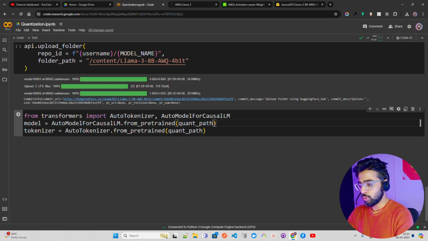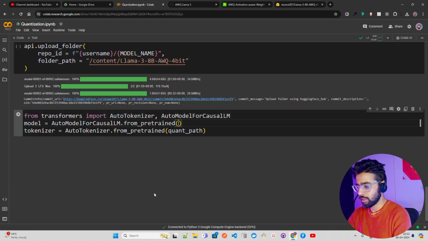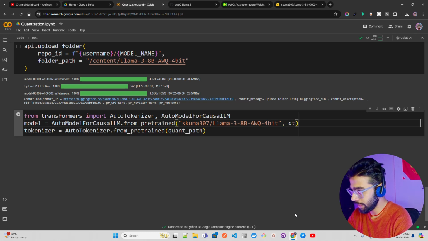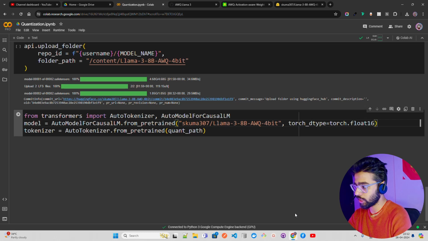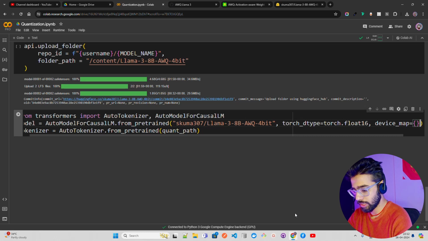Now, what I'm going to do here is change this quant path. I'm going to copy this one and paste. Okay, schema. And here I'm going to do a few things. So dtype, torch dtype. Let's just do torch_dtype, and my torch dtype is nothing but torch.float16. So let's keep float16, and then device_map, and my device_map is nothing but